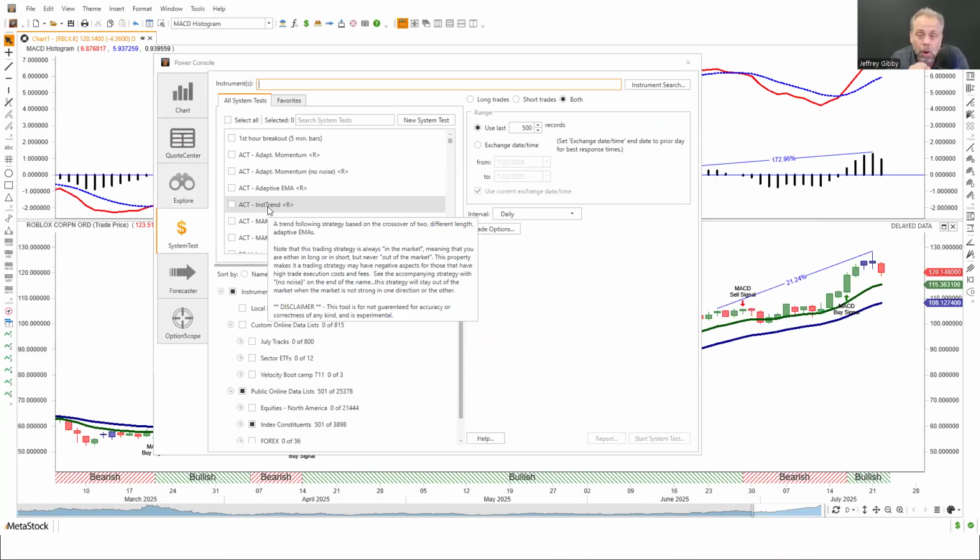Okay, what I want to do, let's go ahead and put in RBLX. I want you to understand, though, you can use whatever symbols you want. So I'm going to pick out a few of them here. Let's do Meta. We are the original Meta stock, by the way. But let's see. We'll do GE. We'll also do GEV.O. And I think that's okay. My point is you can trade whatever instruments you're interested in.